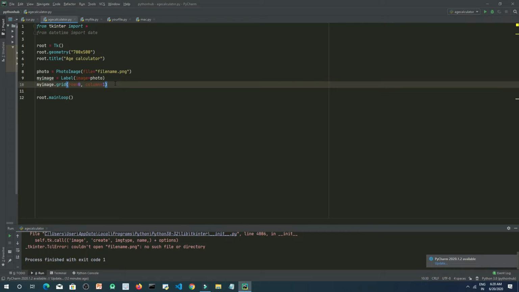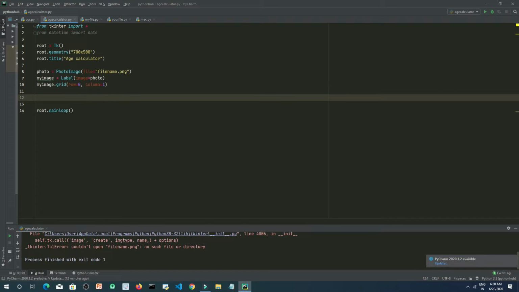So now let's define a function which will calculate the age. Let's type def calculate age.